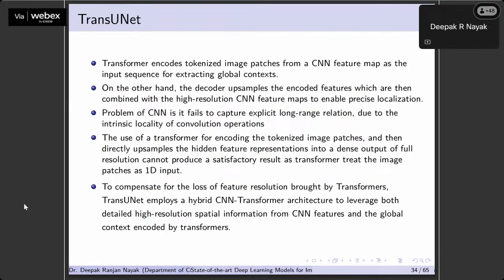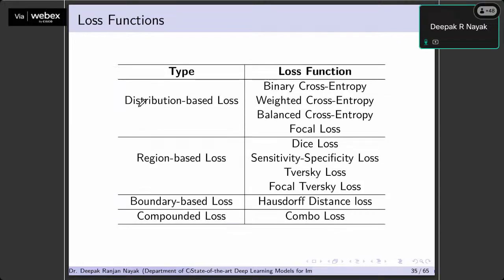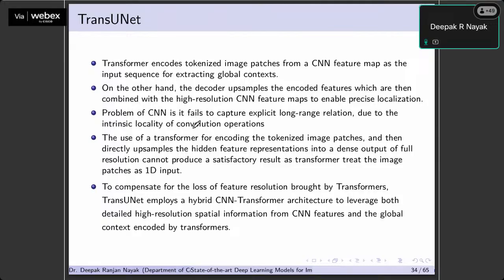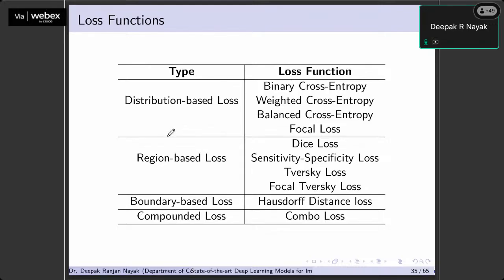So yeah, this is all about the architectures I have already shown you in the evolution. There are a lot of variants you will find in the recent literature based on CNN and ViT. And the loss functions that have been used extensively for solving this task are binary cross entropy, weighted cross entropy, and balanced cross entropy. If the dataset is imbalanced, you can just go for weighted cross entropy or balanced cross entropy to deal with those kinds of problems, including the focal loss. Also, other types of loss functions people have developed over the years are known as dice loss,